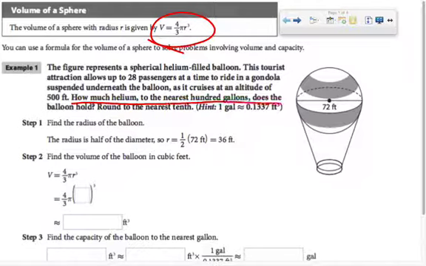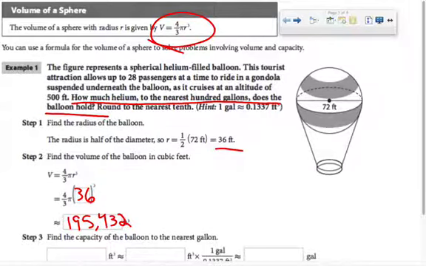So we have all this information in the problem, and let's cut to the chase and look at the question. How much helium to the nearest 100 gallons does the balloon hold? Well, in order to figure that out, I need to find the volume of this sphere. So step one, we are finding the radius of the balloon, which they found here. And so 4/3 times pi times 36 cubed. In our calculator, we evaluate that. So we take 36 to the third power times pi times 4/3. And we get 195,432